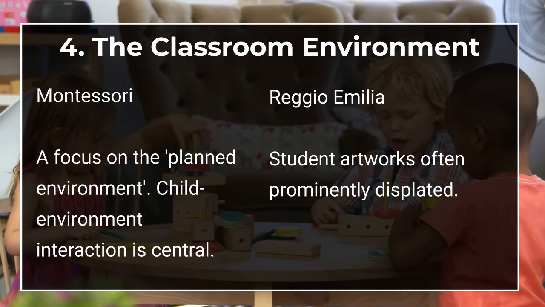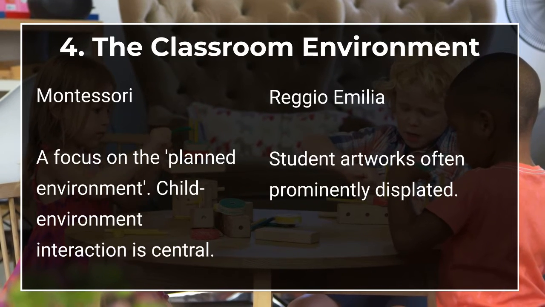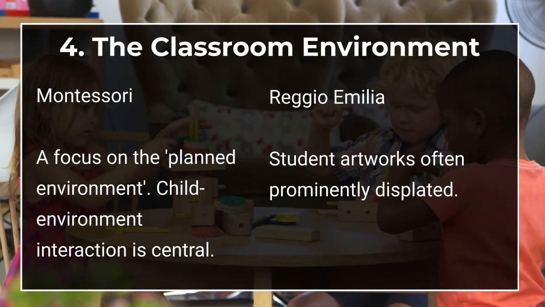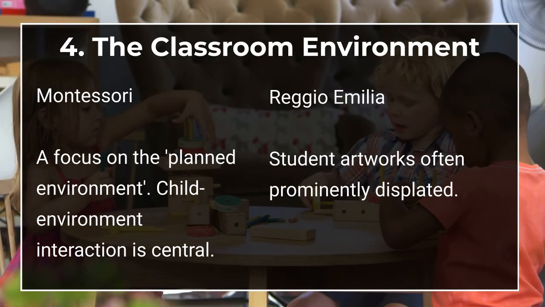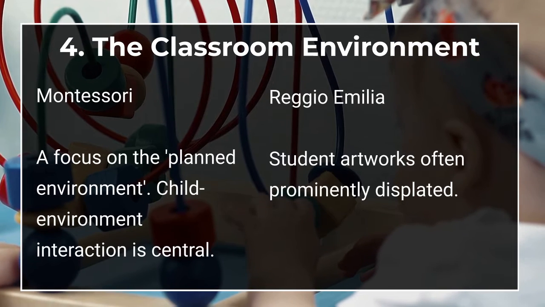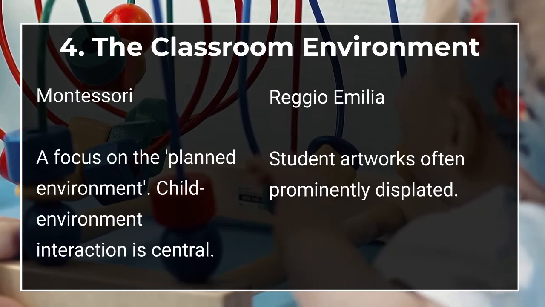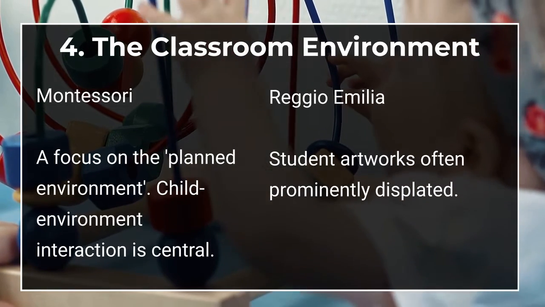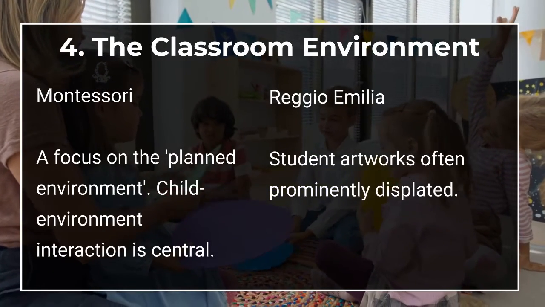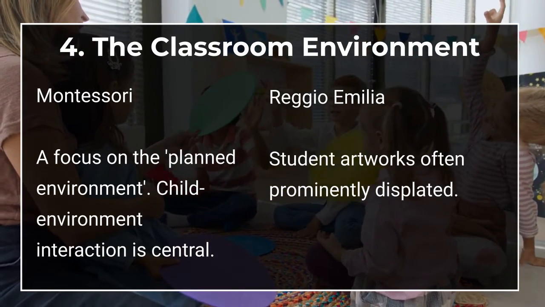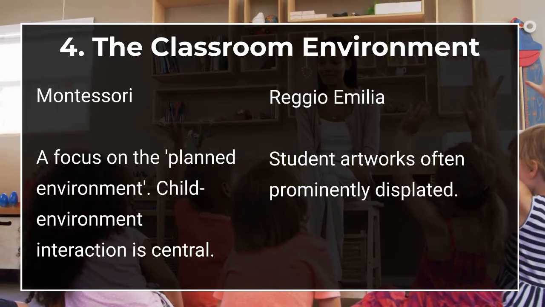When it comes to the classroom environments, we flip to a much stronger focus from Montessori on a heavily planned out and prepared environment where there are ample educational toys at hand. The environment is made with children in mind, so we might expect all the objects to be within reach of the children, for example, and there's an overall emphasis on children interacting with the objects around them and the environment around them rather than with their teachers. This focus on the makeup of the classroom environment is less evident in a Reggio Emilia classroom, although you will find when you walk into a Reggio Emilia classroom, they will have a strong focus on displaying students' works on the walls.